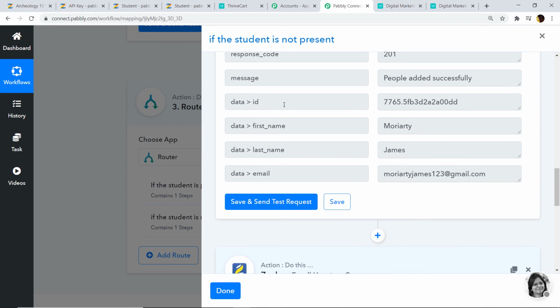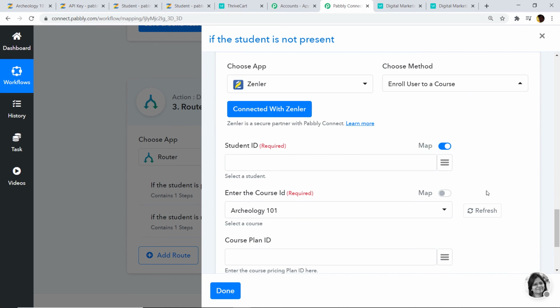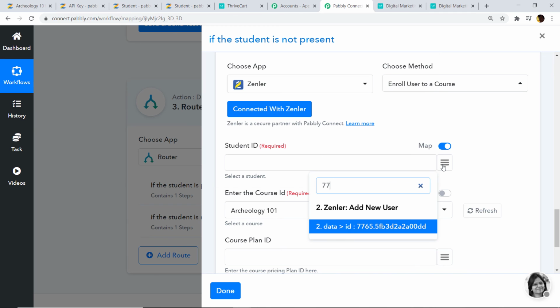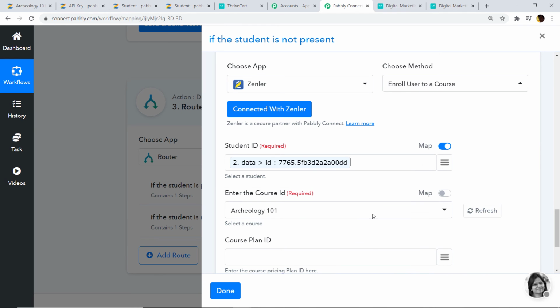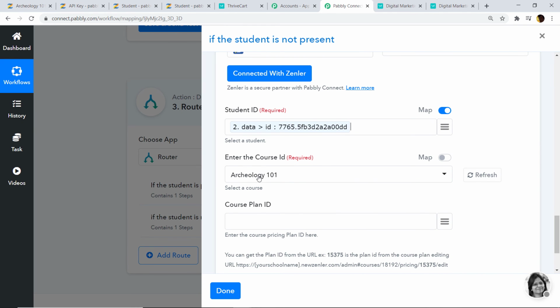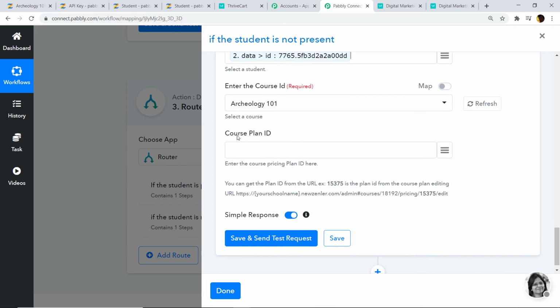So basically this is the new ID, 7765 5FT 3D 2A. These are characters. This is the ID of Moriarty. The ending is DD and the first term is 77. So we are going to map. Let's type 77 and this is the ID. We got the ID. So we are going to enroll him in Archaeology 101 and we want the course plan